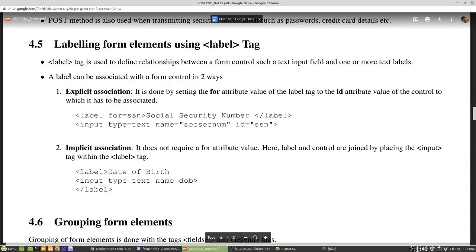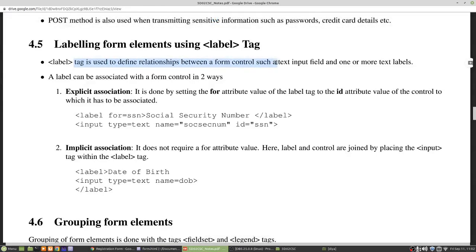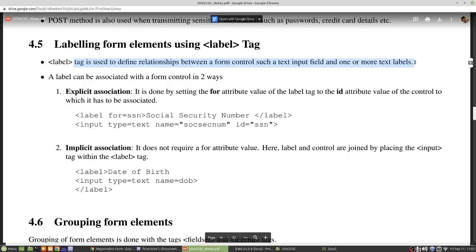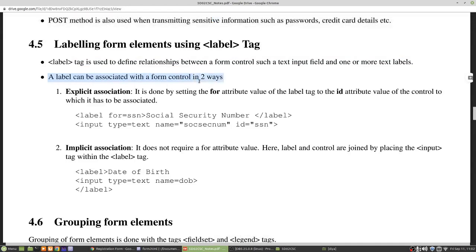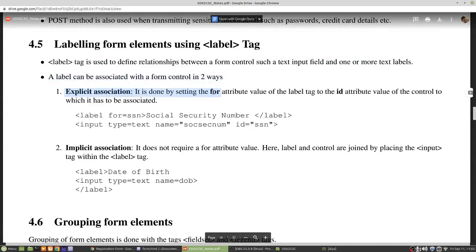So label tag is used to define relationship between a form control such as a text input field and one or more text labels. A label can be associated with a form in two ways. Explicit association using for attributes, that is what we have seen now.